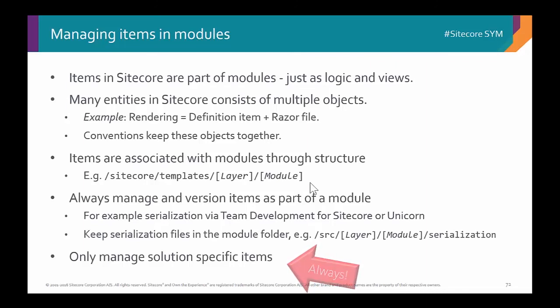And then only manage solution-specific items. Don't start serializing standard Sitecore items. Everybody's nodding. They've been there, yeah. Well, maintainability is one thing. Another part of this is upgradability. If you do this right, if you follow these conventions, then upgrading is just going to be so easy for you, because everything is just lean pieces of your code that change Sitecore. There's no Sitecore in there. Sitecore is sort of taken out of the equation. It's the thing that